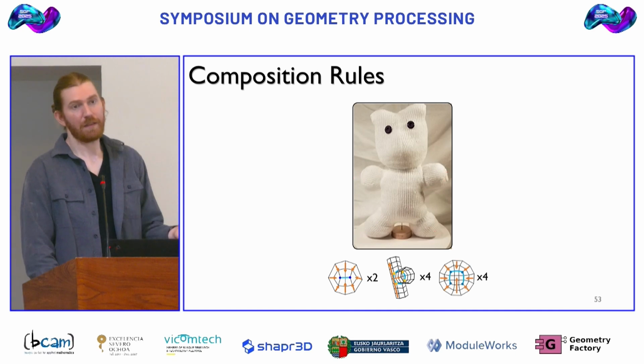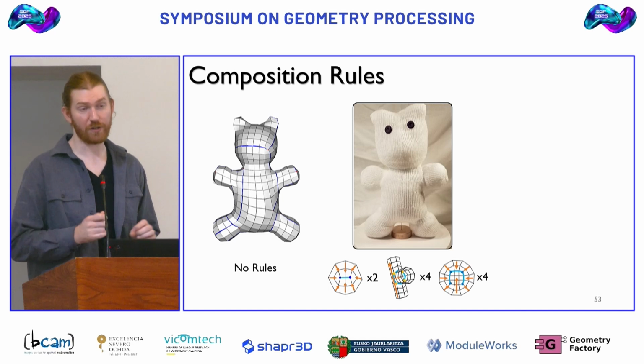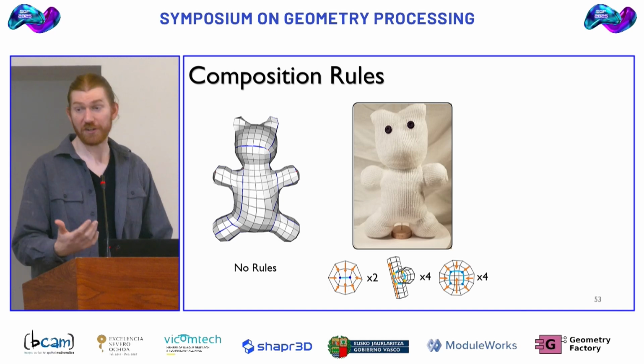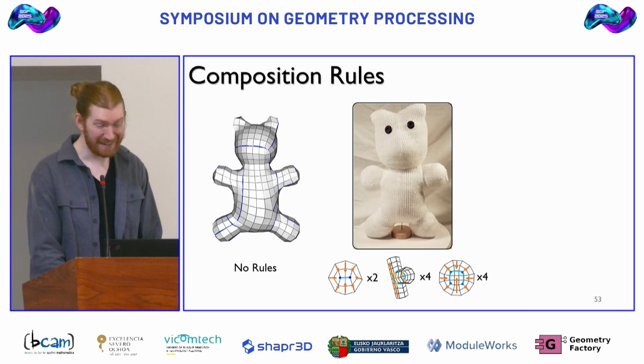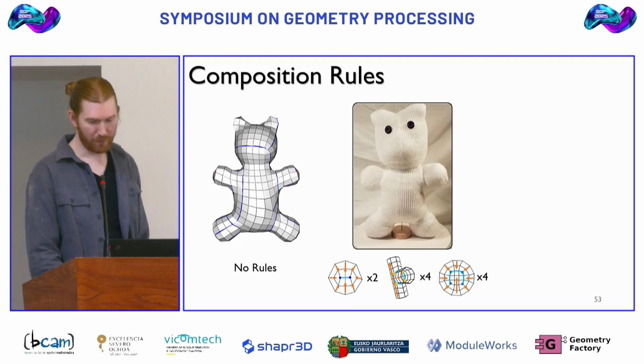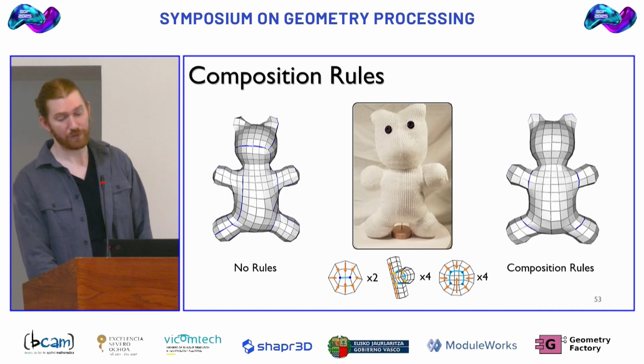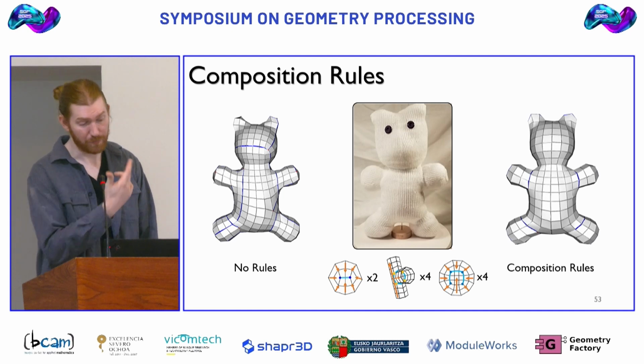So as a test, we tried to create this pattern without using any composition rules, just orientation guidance, just using direction fields, essentially. And it's basically impossible. You'll almost always get warped layouts like this that require seams everywhere to knit. If we apply our composition rules, however, we get a very nice clean layout, which was used to create this